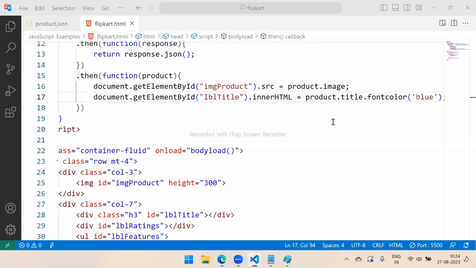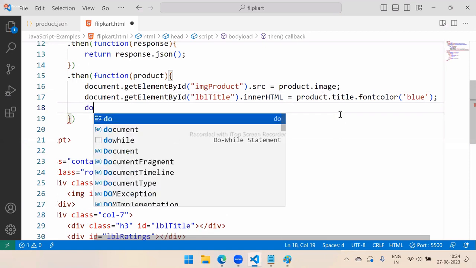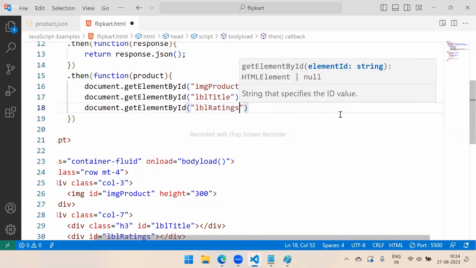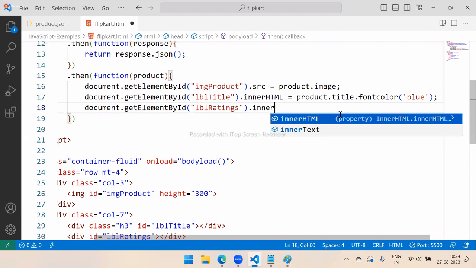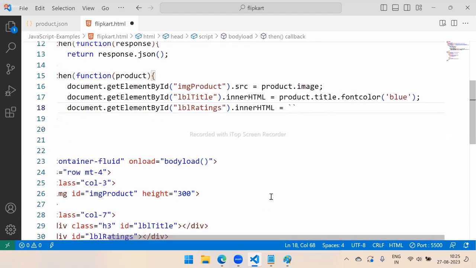Now below this, you see there is a ratings. document.getElementById, lblRatings.innerHTML. I will use a backtick because I have to present a lot of things. In that string, I have to present a span. That means in that div, I have to present a span. That span should contain a background green color and a rating. How to get the rating here? product